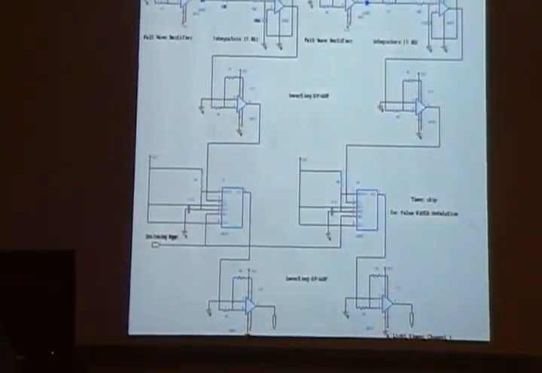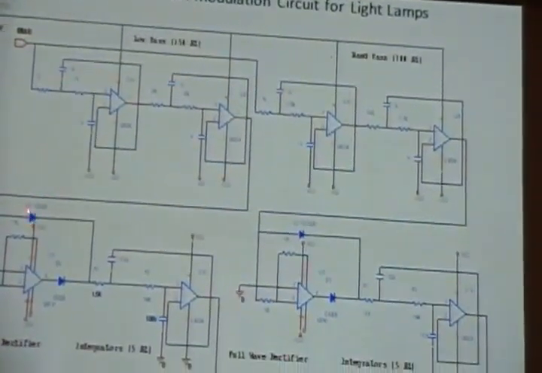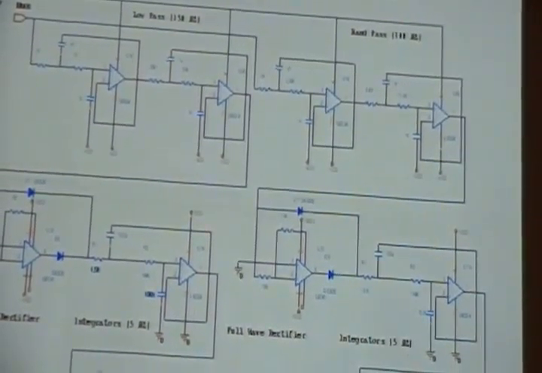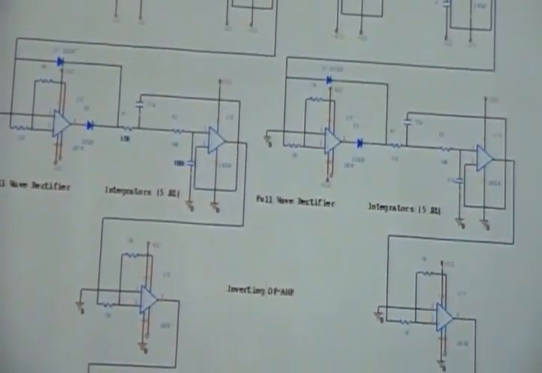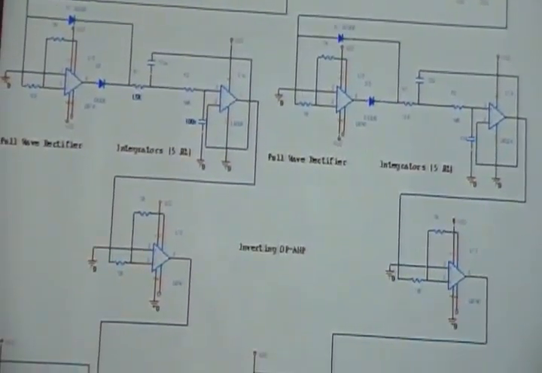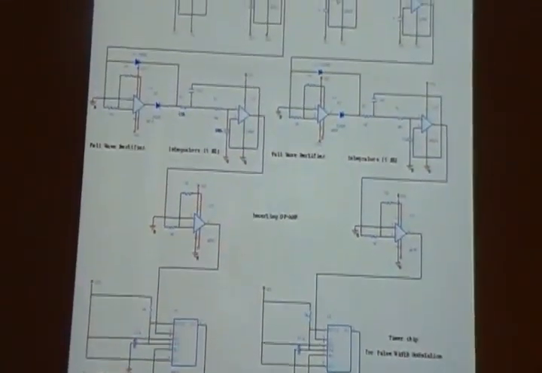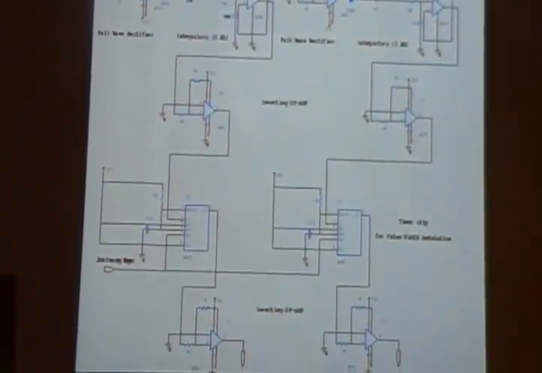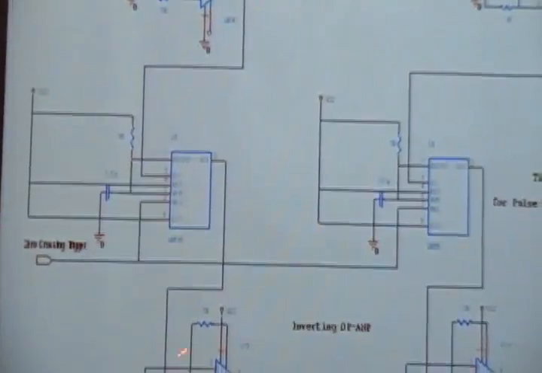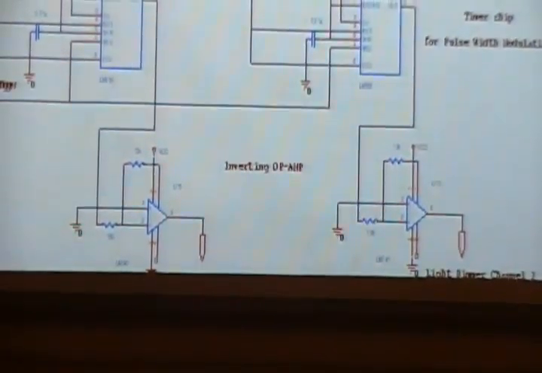On the top we have the filters, which are 4-pole Chebyshev filters, which have a high Q, so we have a high speed. They are fed to a full wave rectifier. The output that we get from the rectifier is a mode of sinusoidal waves, so we have a DC component and some AC harmonics. So it's fed to an integrator here, which removes the AC components and gives out a pure DC. It's then inverted and fed to a LM555 timer chip, which generates the pulse width modulation signal